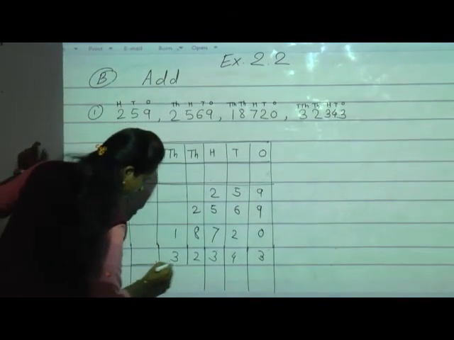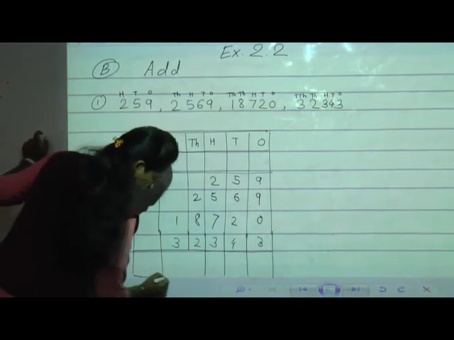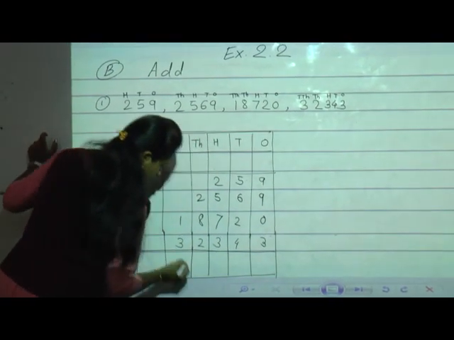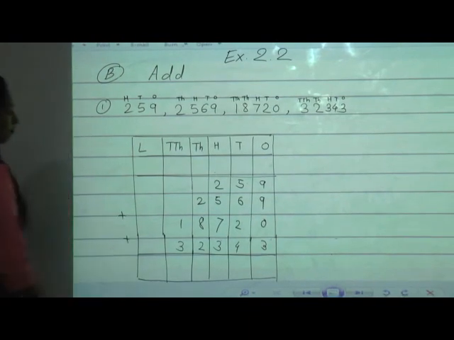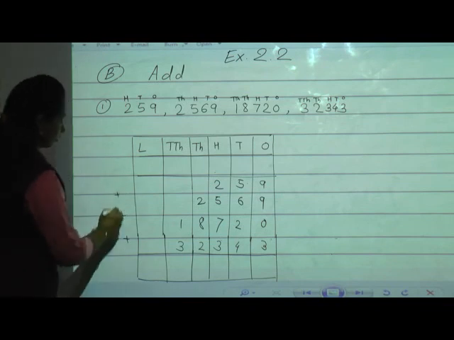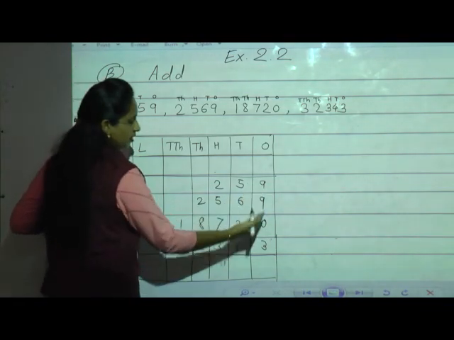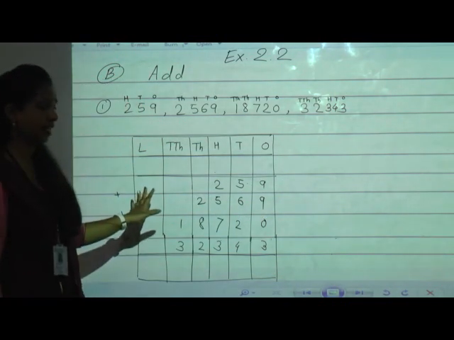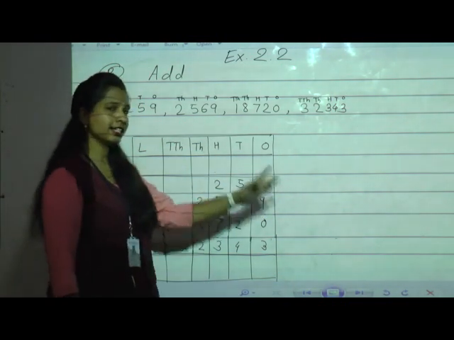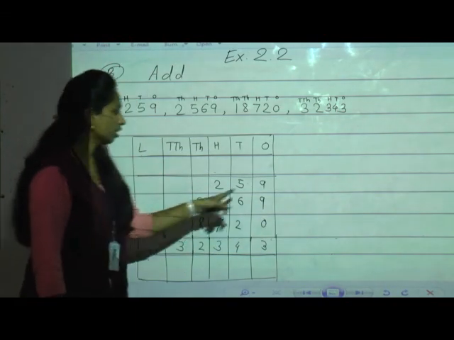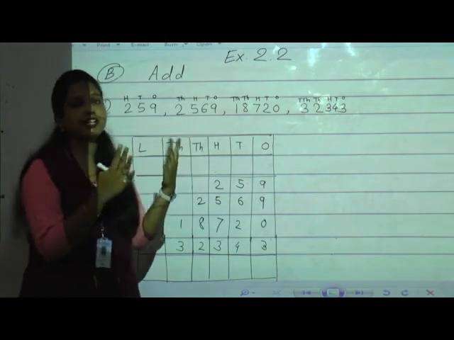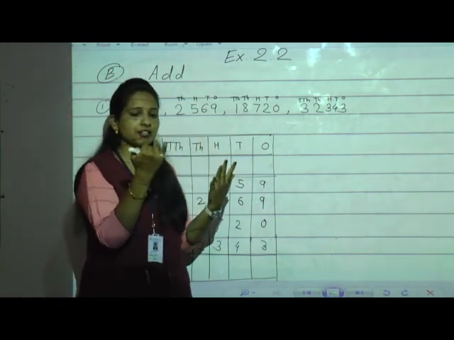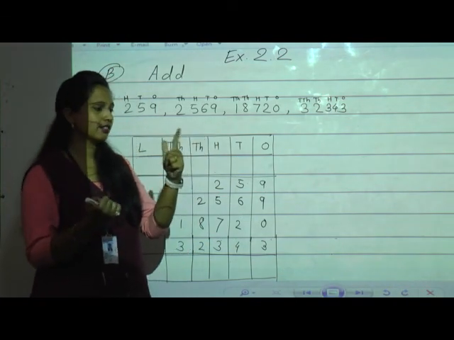Now we have to add all these numbers and we will find out the correct answer. Okay, we will give the addition symbol. Now we will do the addition. See here, 9 plus 9. One example I will solve with fingers. The next example we will solve directly. Okay, 9 plus 9. 9 keep in your mind, 9 on fingers. 9 after: 10, 11, 12, 13, 14, 15, 16, 17, 18.